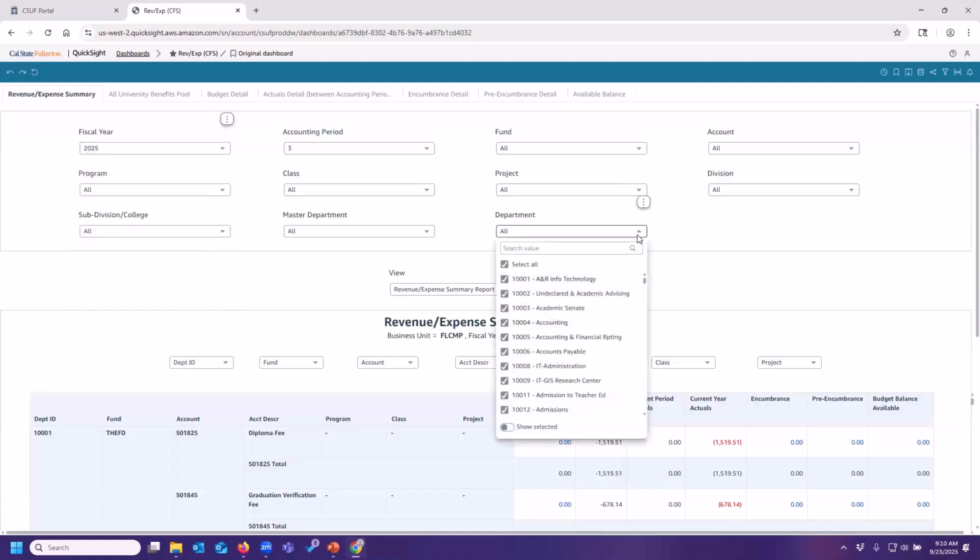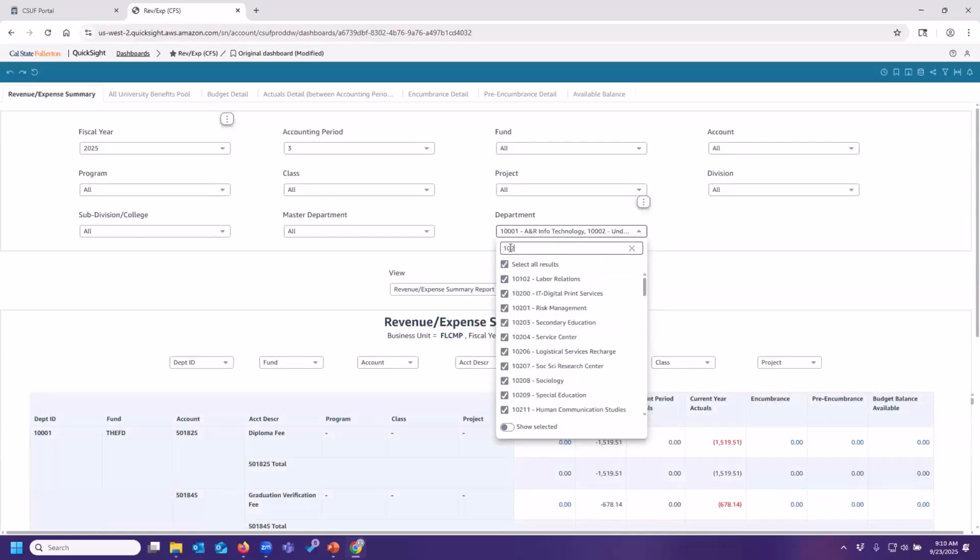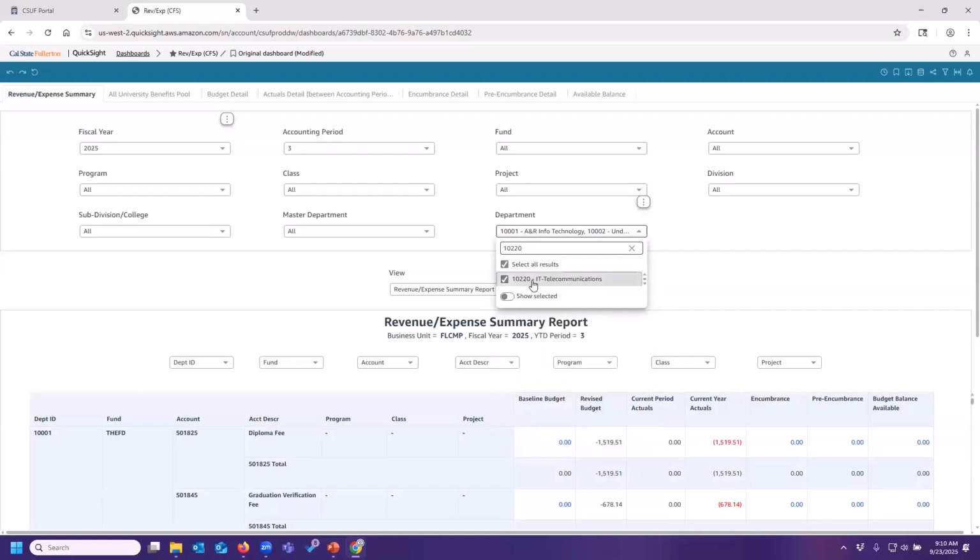Other filters, like department, you can see that I have access to pretty much all of them. So I can pick and choose which ones I would like. I can either check or uncheck, or I can do a search. So let's say I want IT Telecommunications, and I want 10352.